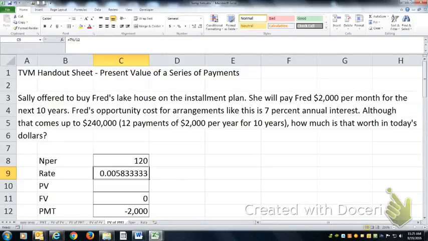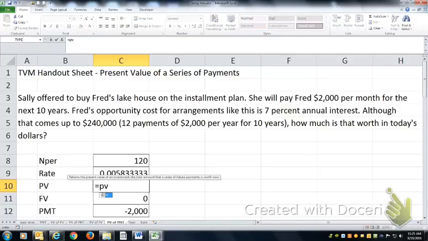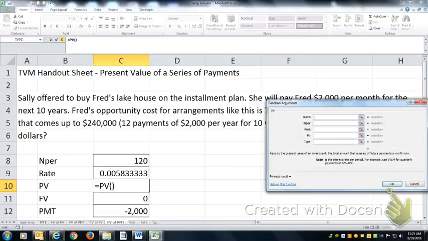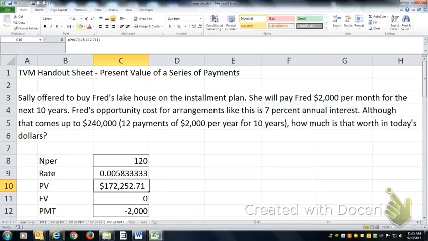It's monthly compounding, so divide by 12, and then I'm solving for the present value. Equals PV, open parens, and then go up here to the FX button. Rate, number of periods, payment, future value, hit OK, and again I highlight the one I just solved. So that's the equivalent of